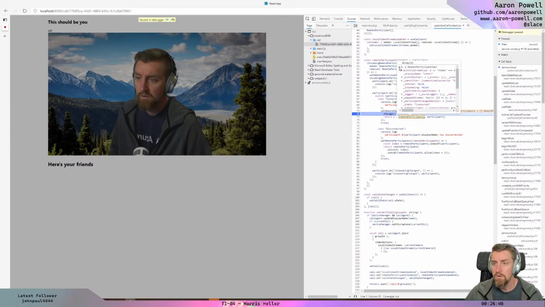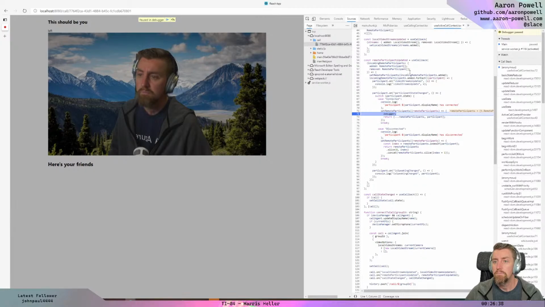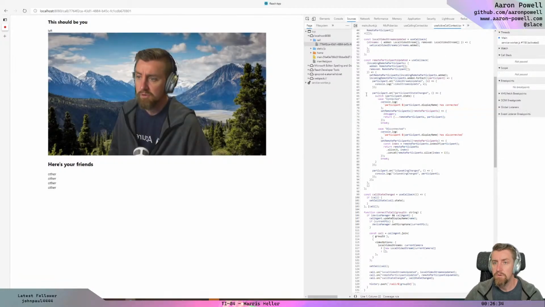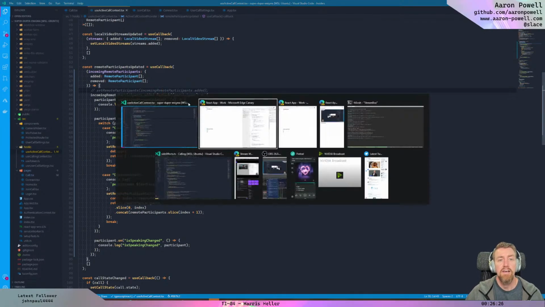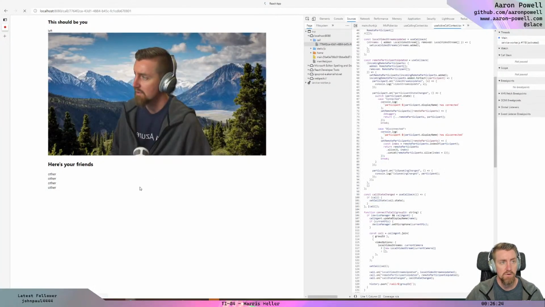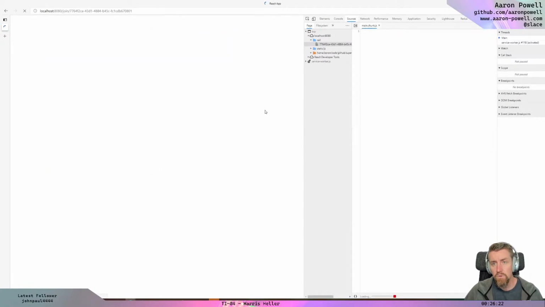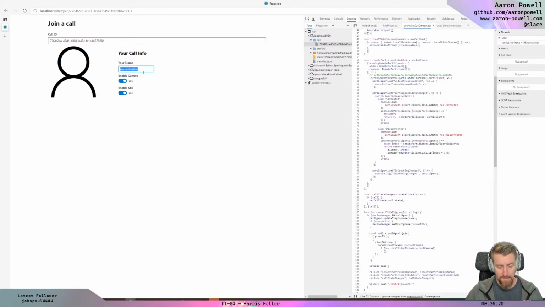Okay, so now we have the other. Yep. I think because I'm doing that line up there, I think this is the one that's trashing it because each remote participant is going to be connecting. So we don't want to do that there. We just want to left